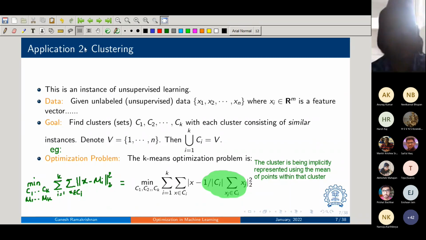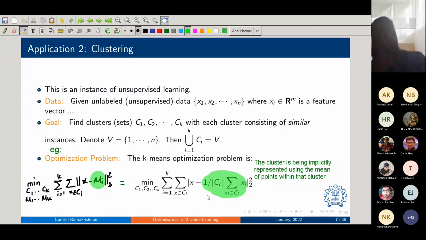It turns out that this is exactly the same. Right? In fact, only the part in the mu, let me just color this in blue or red, only this part has been substituted. It turns out that this is actually the best representation in terms of L2 norm. The mu i being represented as 1 upon Ci, summation of all the xj's in Ci, is the best representation of the cluster as for this norm.